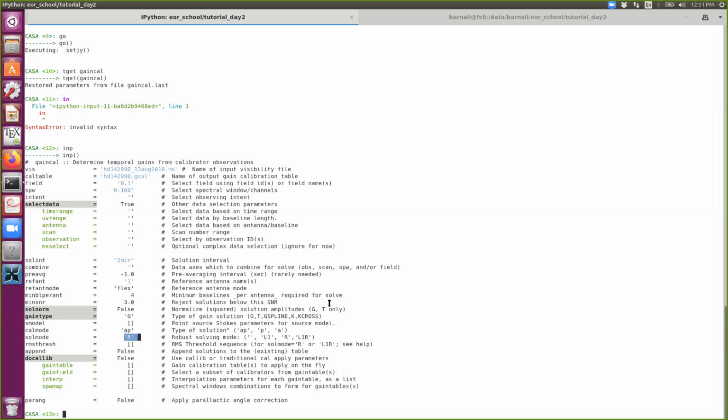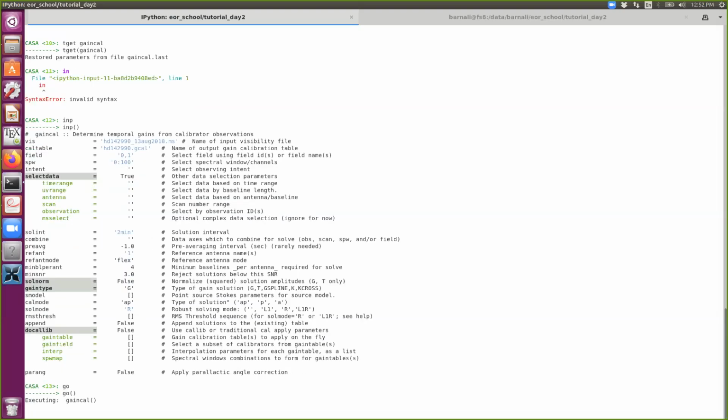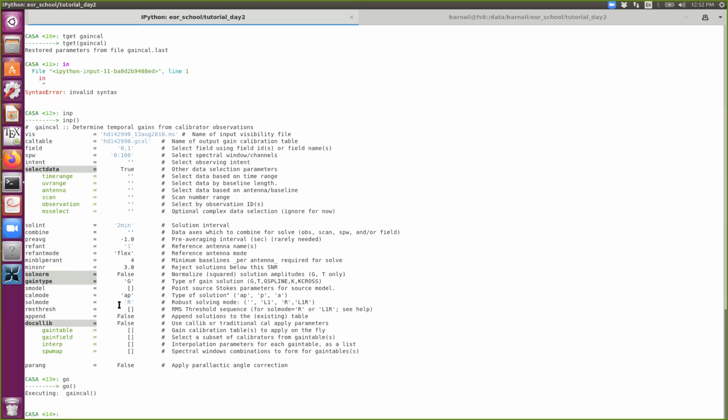If there is an outlier in a distribution, the average will be very much affected by it, but if you follow a robust algorithm, it will not consider the outlier at all. So I want it to be robust against such outlier points. And that is all. So I just run go,